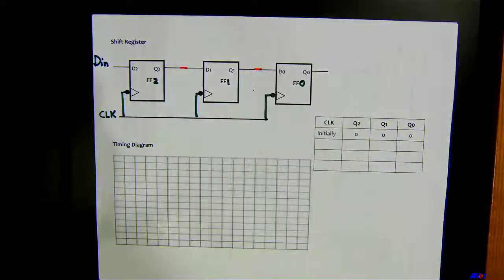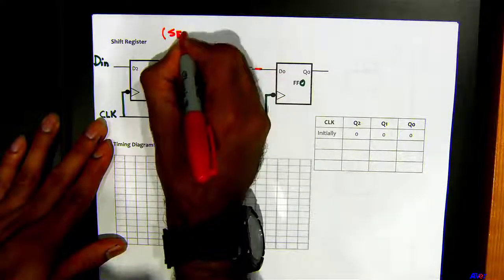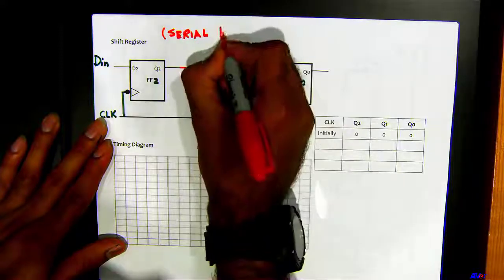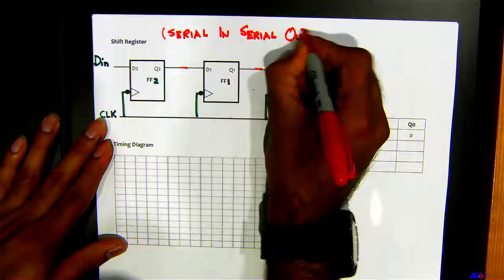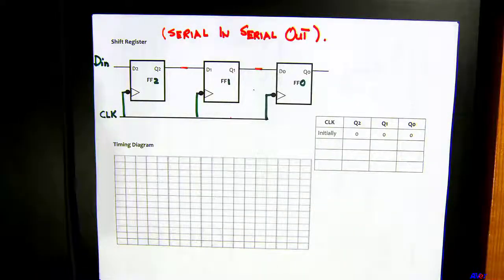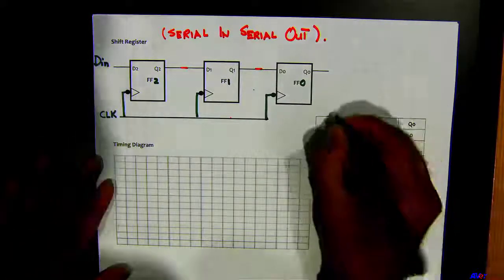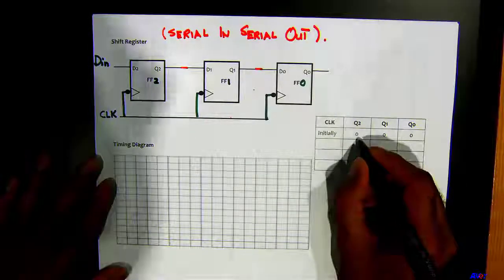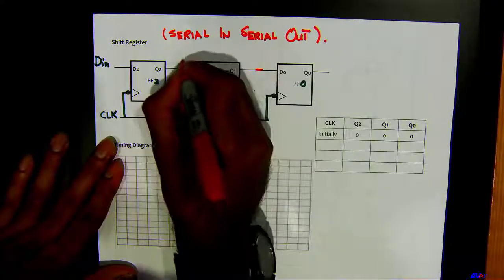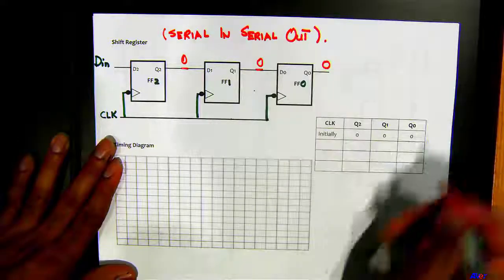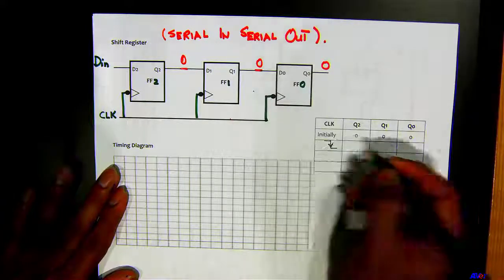This is going to be an example which will be serial in, serial out. So let's work on the table first. Initially they all are 0, which would mean they all are 0 here. When the next negative edge triggered clock comes in,